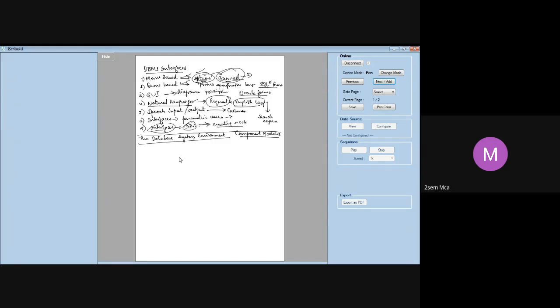And this has a huge diagram. It would be easy for me to show you a PPT and go ahead, but I don't want to do that, because you are also supposed to write this diagram in the examination. So I want to show you how easily you can write it. That's why I haven't used any PPT here.